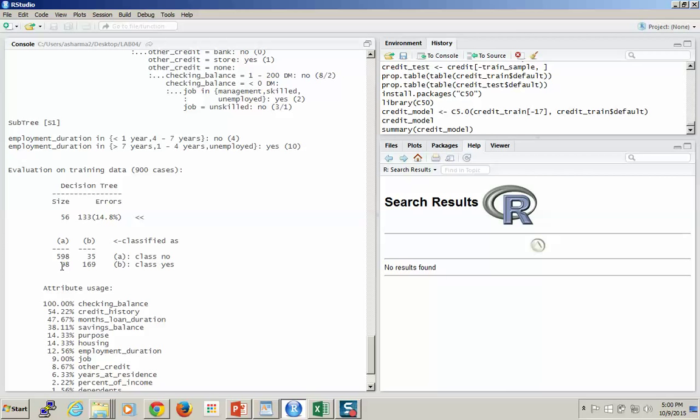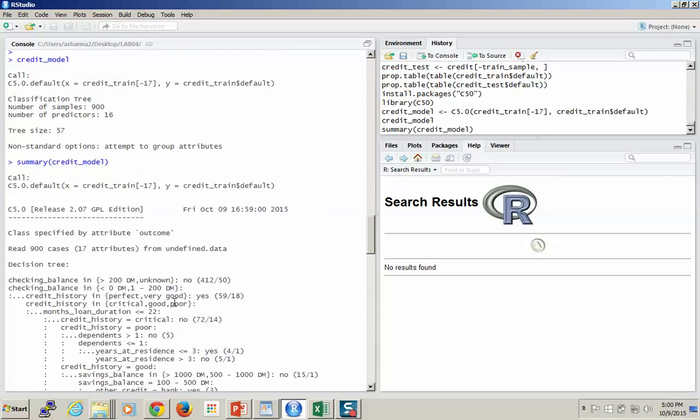So if we take 98 plus 35, that's going to be about 134. You divide by 900, and you will come up with this number, 14.8%. So 14.8% is our classification error on the training data set. So this is all on the training data set. For almost 15% of the time, we cannot classify correctly. So that's our base error rate that we got on our training data set. Okay, so that is there, and along with that, we get the whole thing